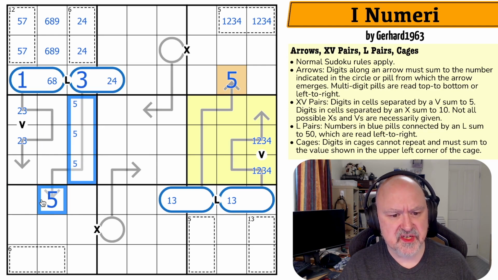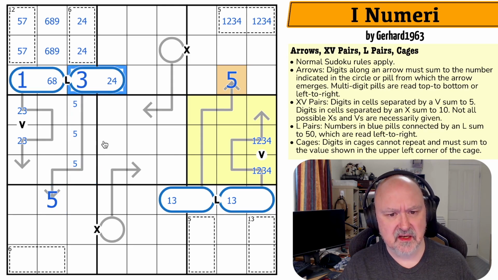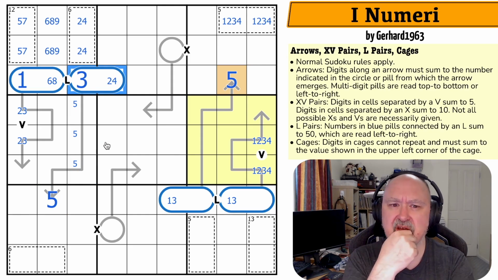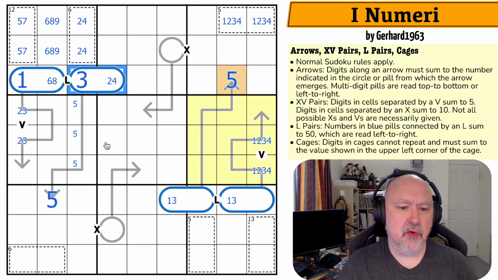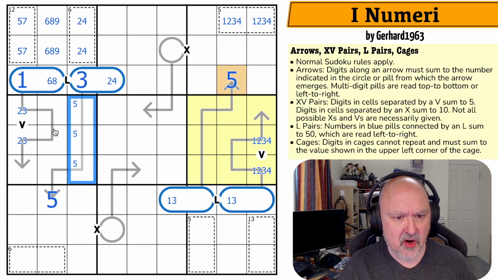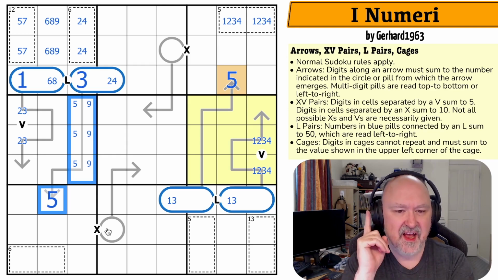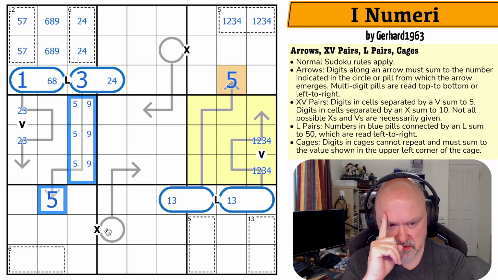So there's 2 digits summing to 10. And then I need another 3 digits that sum to either 22 or 24. Well, I need a 9 for that, because if I don't include a 9, the maximum would be 876, which is only 21. So there has to be a 9 on this line. I can't put it down here. So there must be a 9 on this line. Now I've got 19, and I need 2 digits